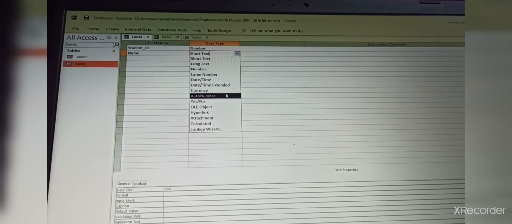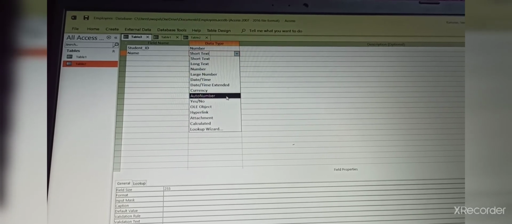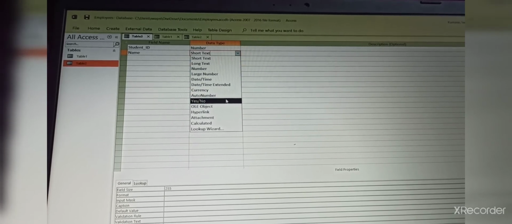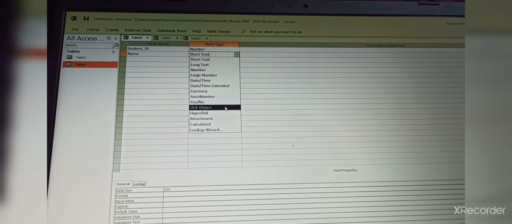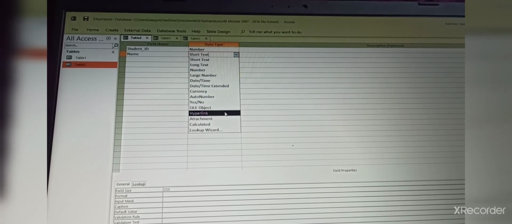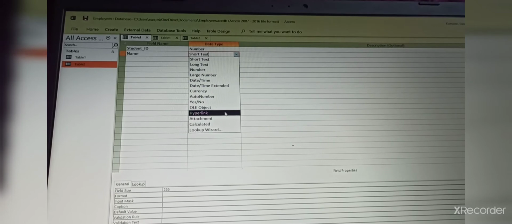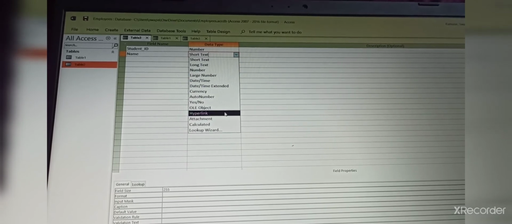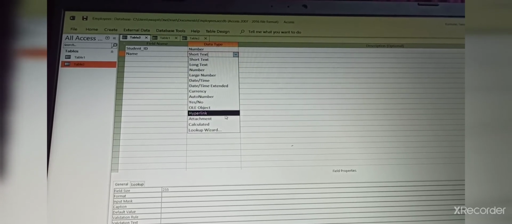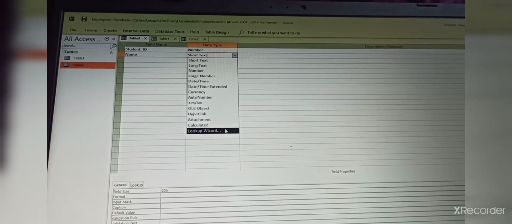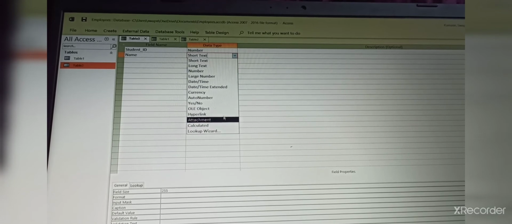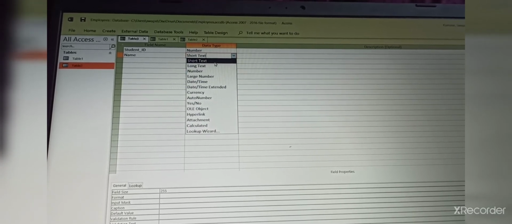Auto number means it will automatically take the numbers, one after another. Yes or no asks whether you want to allow it or not. OLE object, hyperlink, if you want to attach any link, you can give it here. Attachment, you can also attach your files, calculated, and lookup wizard. So these are all the data types we already saw.